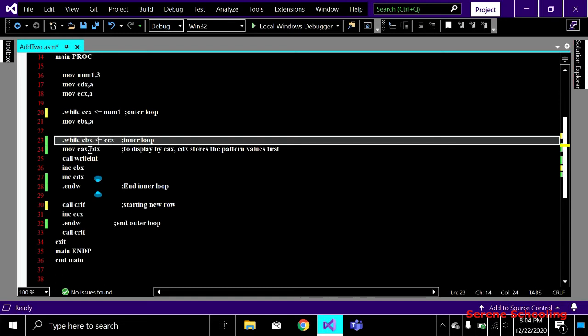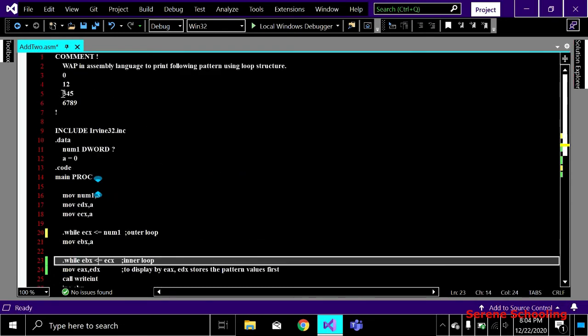After EDX has also been incremented, that value will also be displayed on the screen. Like here 3 will be displayed, then on the same column, 4 will be displayed and 5 will be displayed. This has to be true 3 times, so we will display this by EDX. EDX is incrementing for this purpose. Like EDX was 3, then EDX becomes 4, it becomes 5, and we move EDX and EAX to display that value on the screen, right?